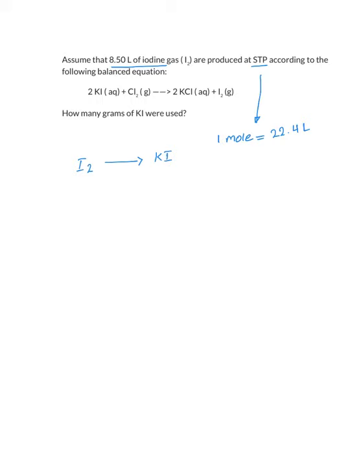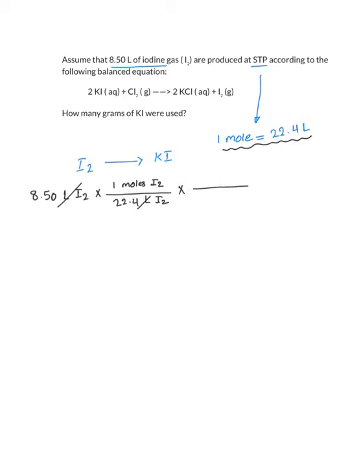So we always start with the given information, 8.50 liter of iodine. Then I can use this conversion to convert the liters to moles. So liters will cancel out, and then